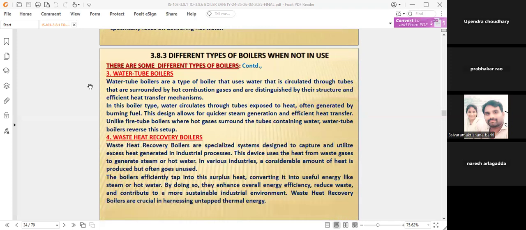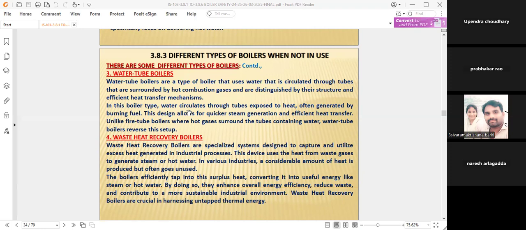And the third one is water tube boilers. Water tube boilers are a type of boiler where water is circulated through tubes that are surrounded by hot combustion gases, and they are distinguished by their structure and efficient heat transfer mechanism. That means boiler tubes are there. Already we showed the picture in the boiler safety class, last week's first class,